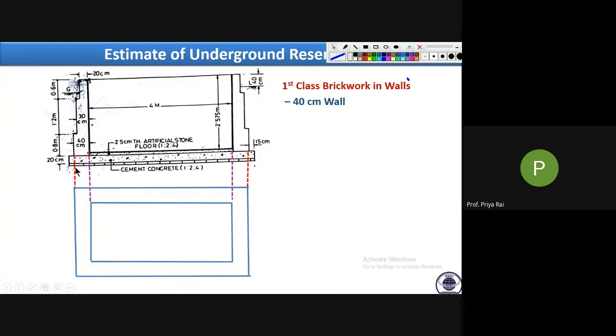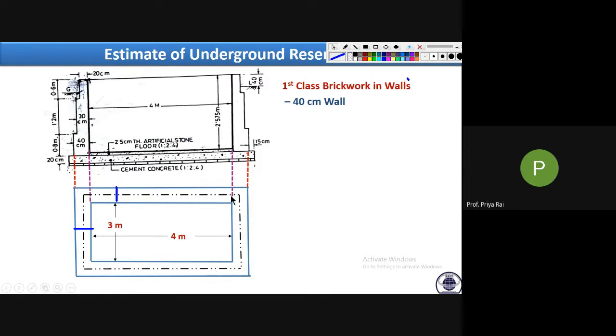See, if we project this one line, it will look like this. This is the 40 centimeter wall. So this thickness is 40 centimeter. This thickness and this thickness are 40 centimeter. Now center line means what? The center line and the inner to inner dimensions are given. This is 4 meter, this is 3 meter. Now we have to calculate this length. This is the center line length.